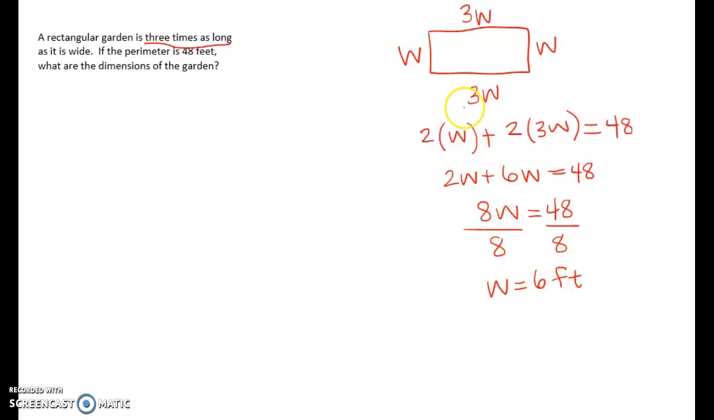Well, if the width is 6 feet, the length was supposed to be 3 times whatever that was, so 3 times 6, I'll get 18 feet for the length. Now let's just check and make sure that all works out. So 18 plus 6 and 18 plus 6. So 18 plus 6 is 24, 24 plus 24 is 48, so we can see that these 2 answers are